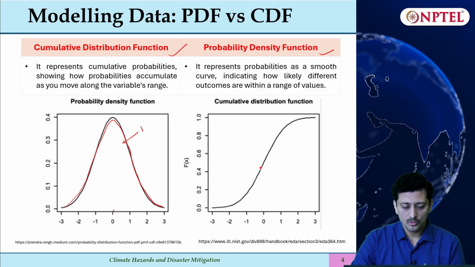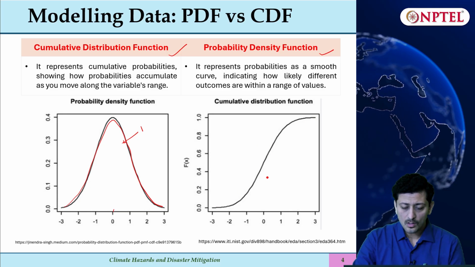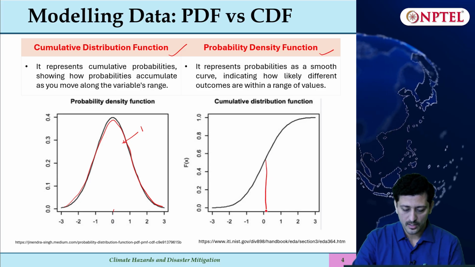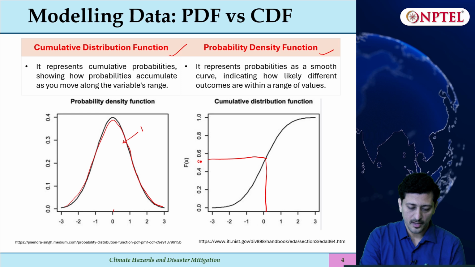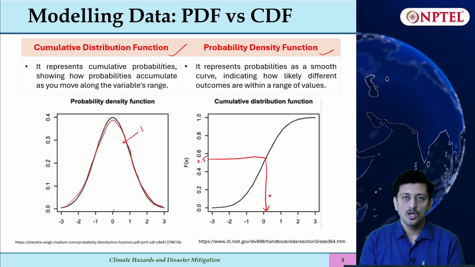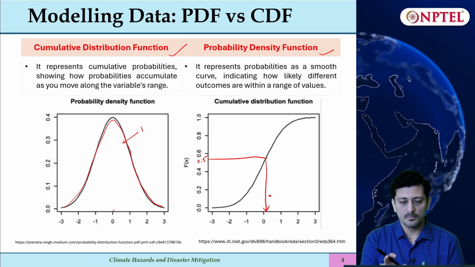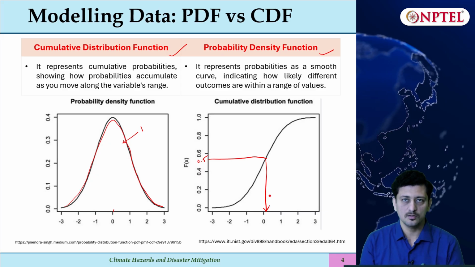Whereas the CDF will give you the cumulative probability across the entire variable range. Whatever your variable range is, you can find the probability of that. Let us say you want to find the 50th percentile, then you can simply get it using the CDF. All probability distributions are based on this, and this will help us in better choosing the distribution for fitting our data.